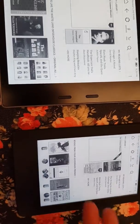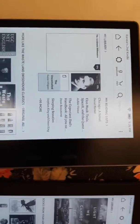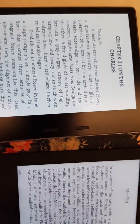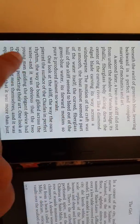And this is the Paperwhite. You can compare. There's an ever so slight improvement in terms of dot pixels. If you can see, this is definitely sharper, and